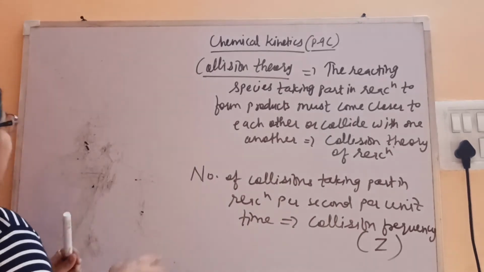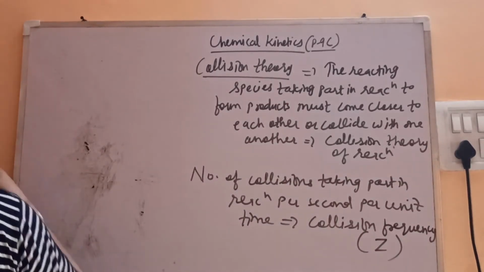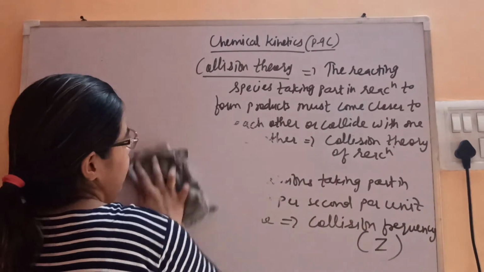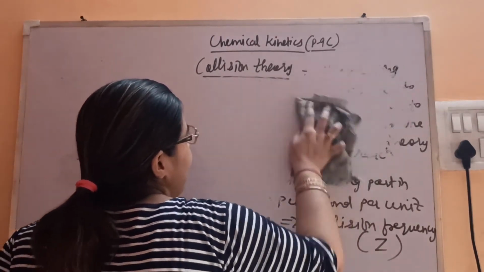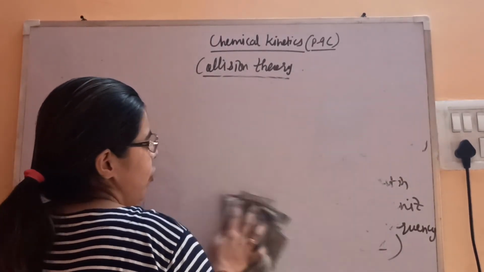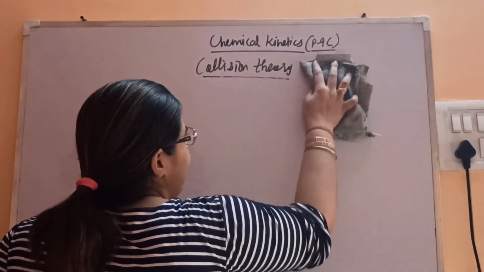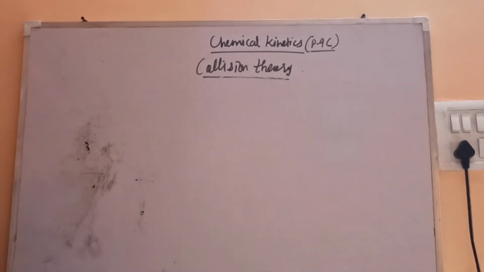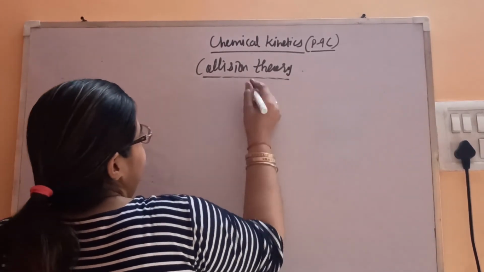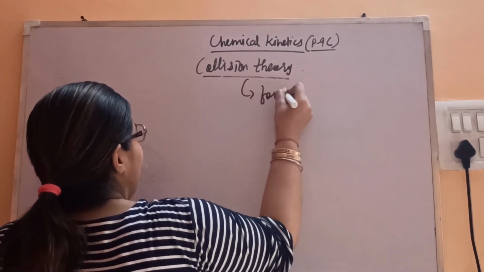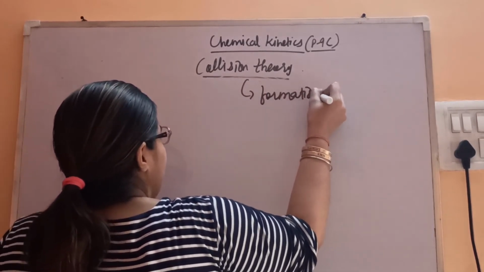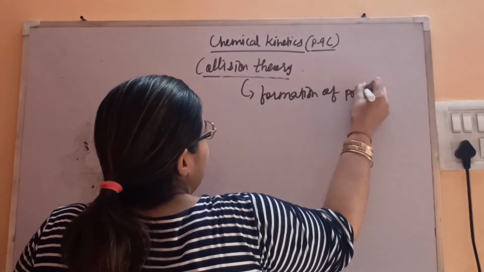So for forming the product, they have to cross two barriers. Formation of products